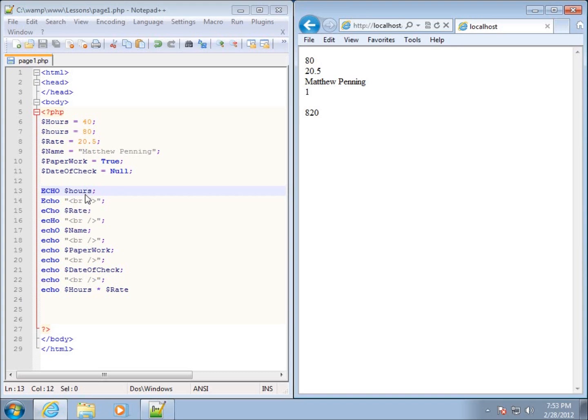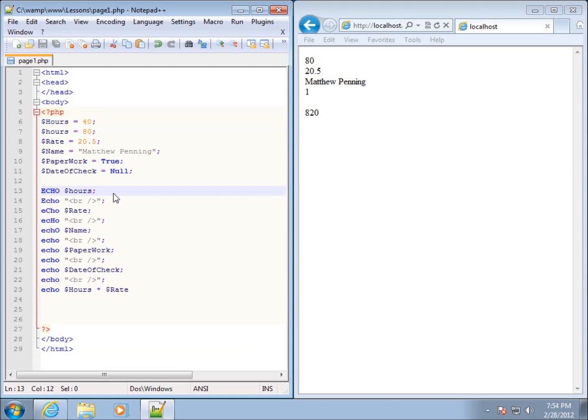What I want to work with, you can notice it mostly here, are numeric data types, where I've got an integer here and I've got my floating point number right there. Now if I want to combine the numbers, and I don't mean combine in the sense of adding them together, but show both of those numbers within one echo statement, I can do that here. For instance, if I wanted to show the 80 and the 40, what I could do is